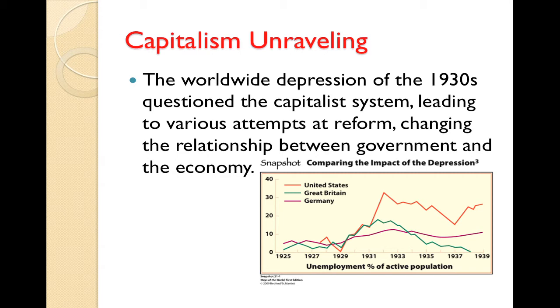Industrialization had been based on free market capitalism, with little or no government influence on business. By the 1930s, this was not working anymore, so people turned to a variety of alternatives, which your book will discuss. State-sponsored socialism in the Soviet Union is one of them. The New Deal in the United States is another, and extensive government control over the economy in Germany. In this section, the book describes some of these alternatives and their effects around the world.